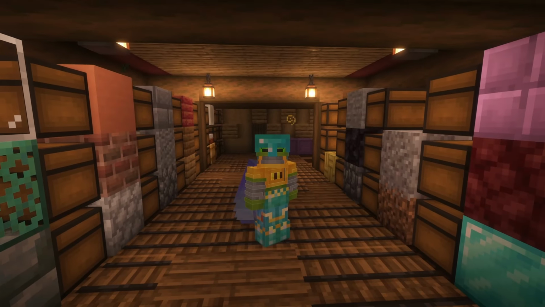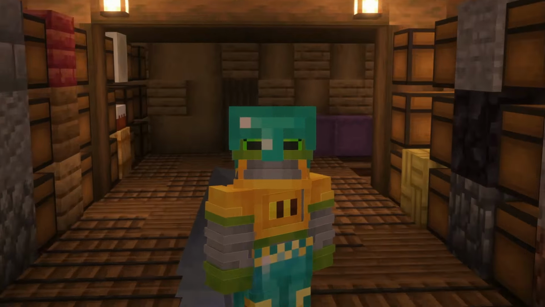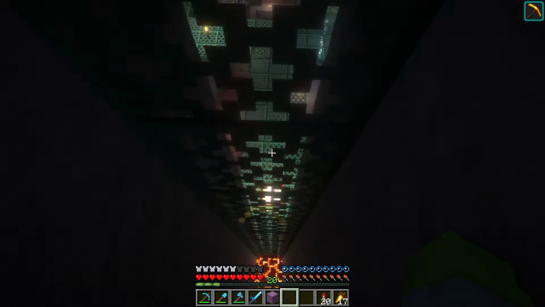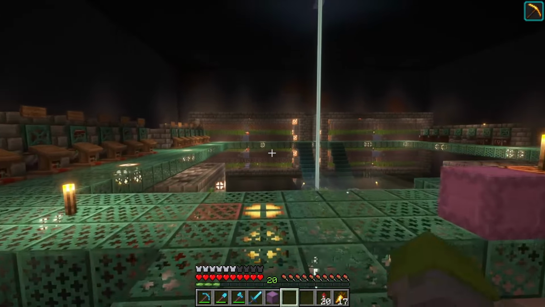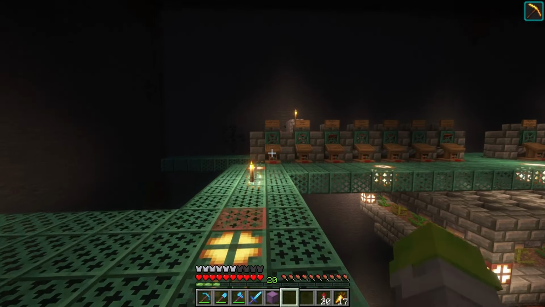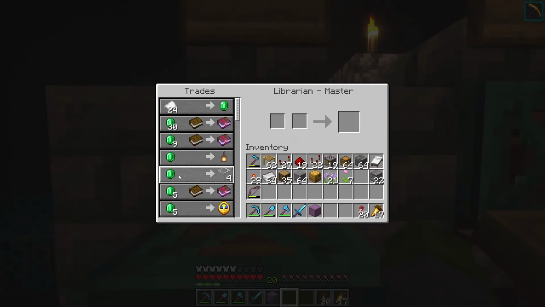Actually, I just had the best idea. I don't need to collect sand for glass bottles. I can just get glass. Okay, so hear me out for a second. Rather than going and collecting up a bunch of sand and getting glass that way, in which I would have to smelt down the sand and maybe make a super smelter and all that, I can get glass from librarians for super cheap. If we go ahead and check it out here, 1 emerald for 4 glass,